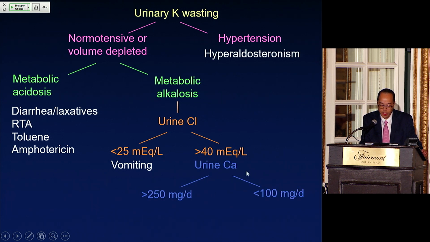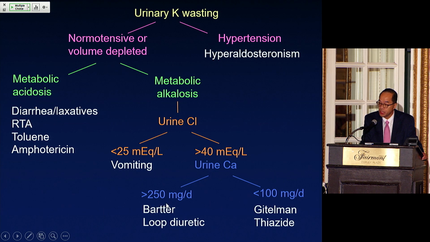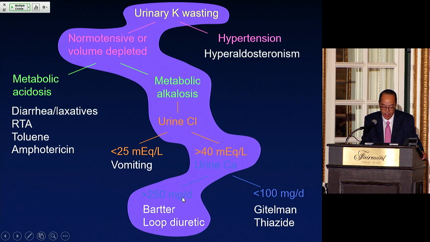And then here, this is a more subtle point that may or may not ever come up on the boards, but if the salt wasting is in the loop of Henle, it causes hypercalciuria. That's what you see in patients with Bartter syndrome, the genetic form of this. That's also what you see in the pharmacologic cause, which is loop diuretic use. If the urine calcium is very low, then that's what you see in Gitelman's, and of course with thiazide use, which we often use to actually lower urine calcium. So this patient fell into this category. The patient could have had Bartter's, but usually this is a disease of infancy, and it wasn't a choice on this set of questions.